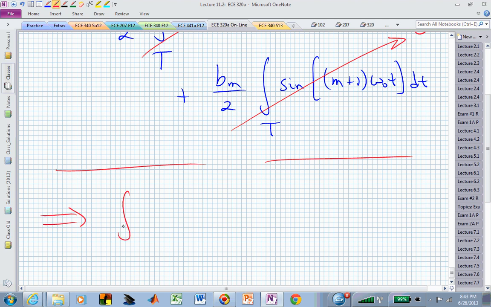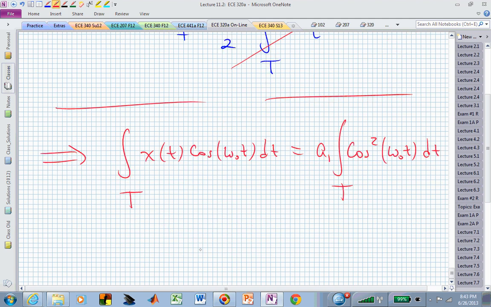The left-hand side we still have. That was x of t times the cosine of omega naught t dt over 1 period capital T. What was on the right-hand side that we haven't looked at was the integral associated with the product of cosine omega naught t with itself, which was the case when n is equal to 1, for example,